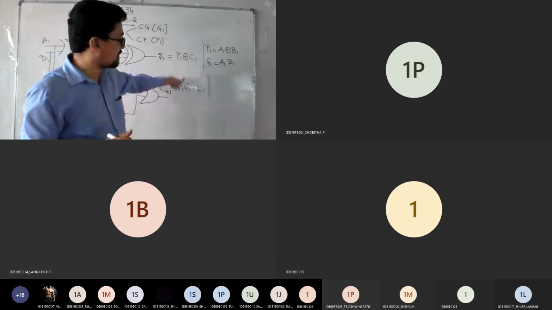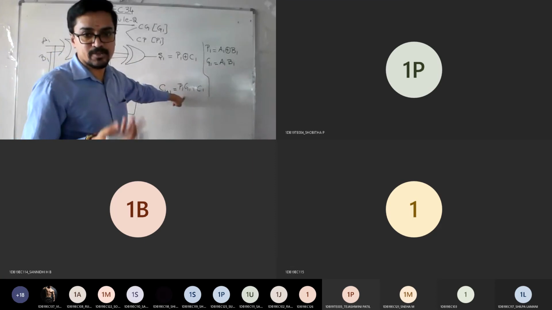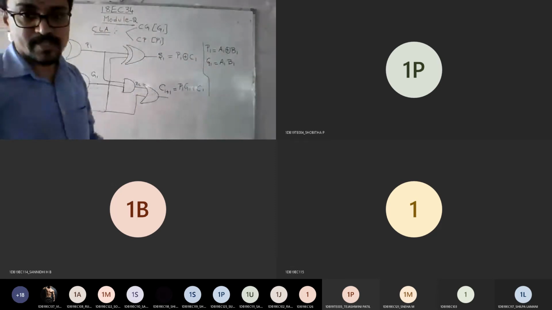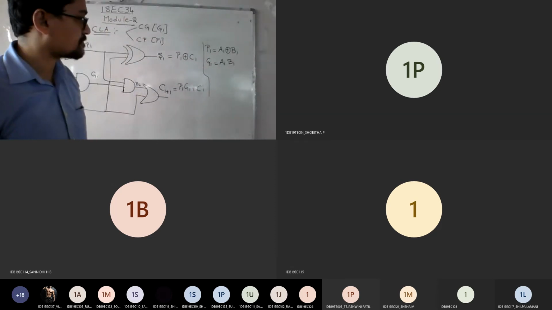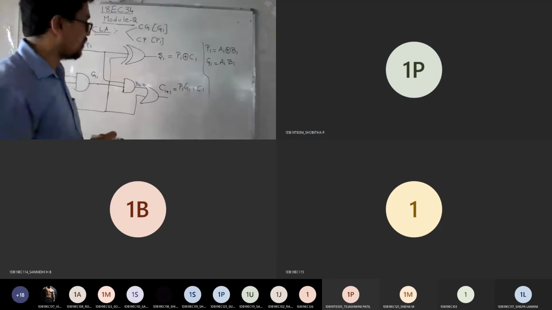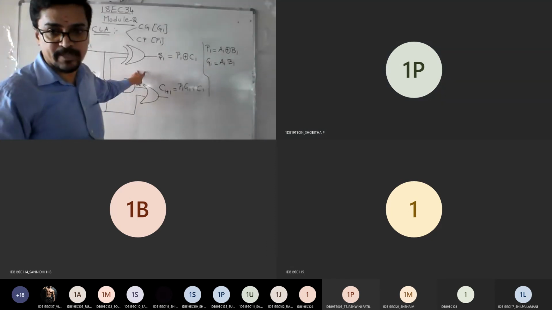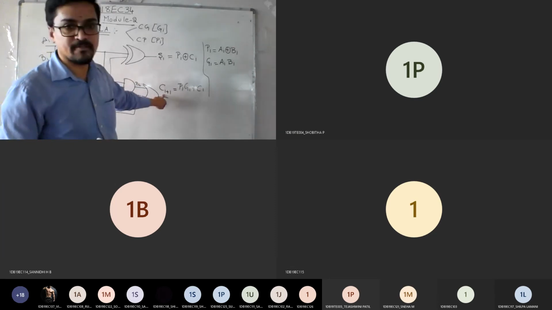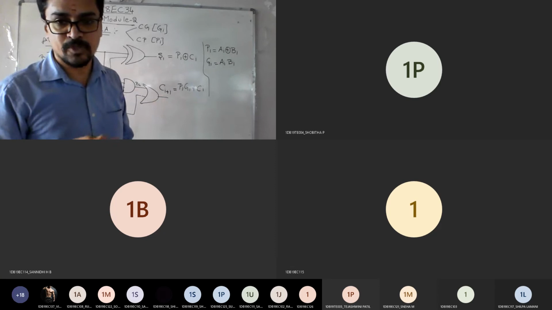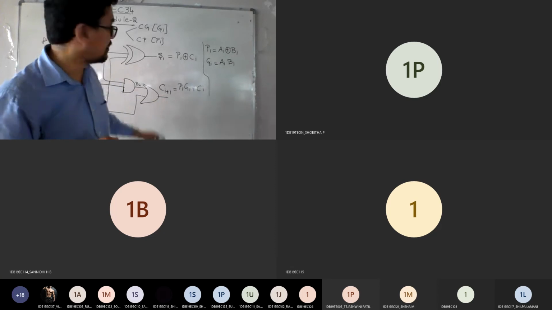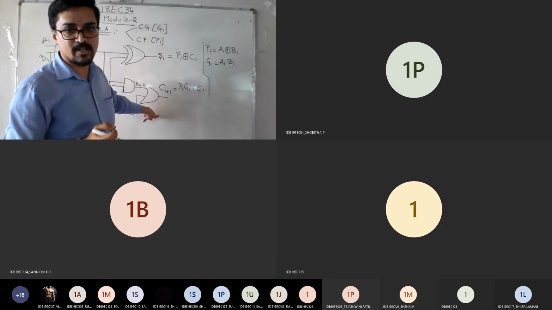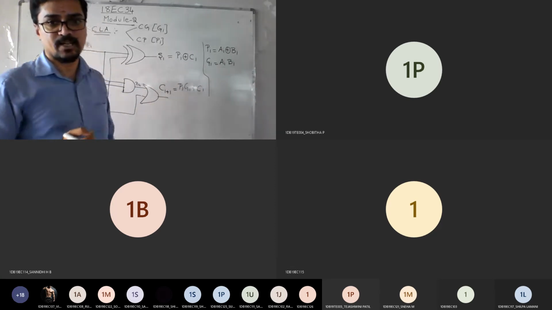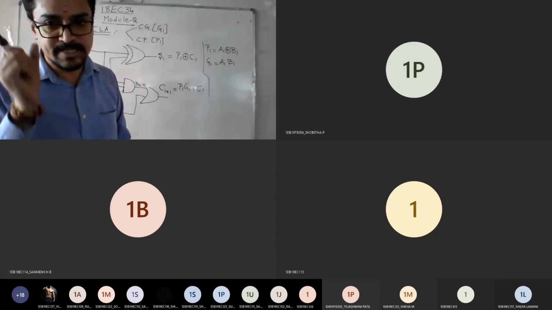Since it has PI and GI, I should know what PI and GI are to substitute. That's why I chose PI and GI separately. Is it fine? Shall we proceed? Yes, sir. Now the agenda is what? We are designing a 4-bit CLA, correct, using your full adder. So I need to give the values of I from 0, 1, 2, 3, so it becomes 4-bit. Agree? So you need to get S0 corresponding to C0, then S1, C1, S2, C2, S3, C3. So it tells you have a 4-bit CLA.